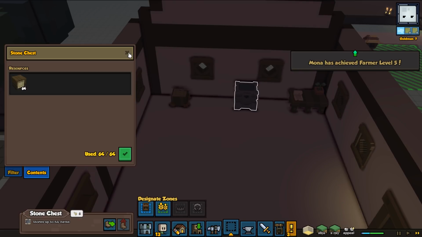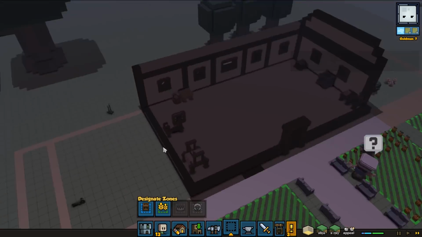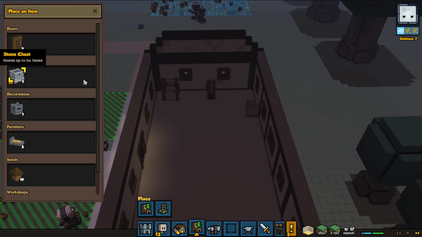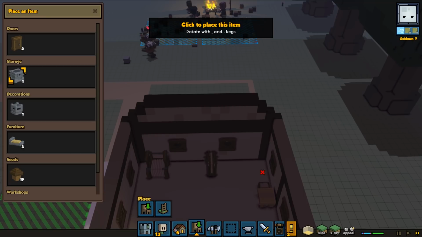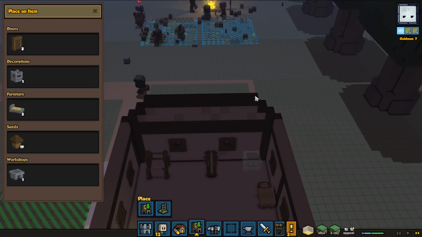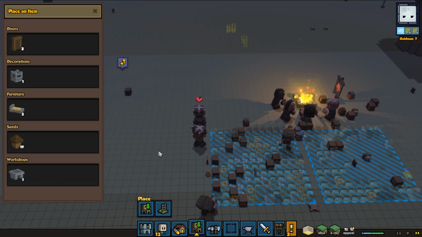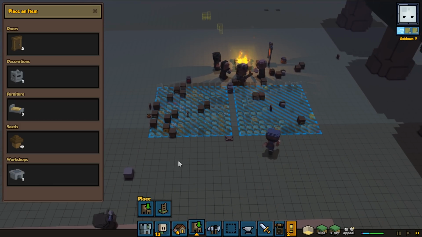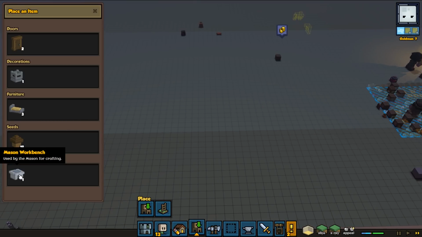So we've got 65 wood in there. Let's place another chest down. About there. For all of the silkweed. So we do have more wood than we've got space for. So what I need to do is go and tell...